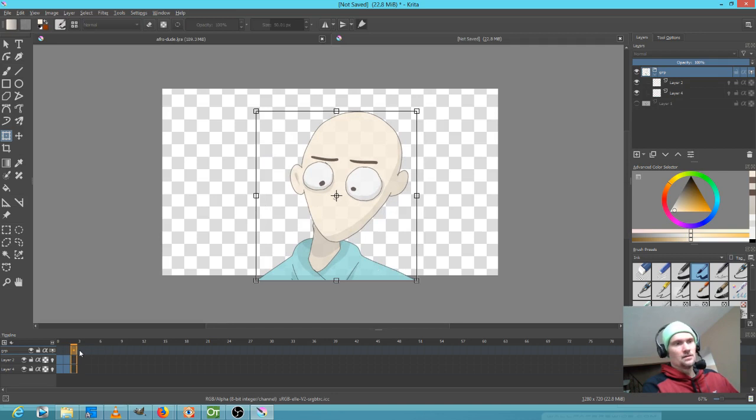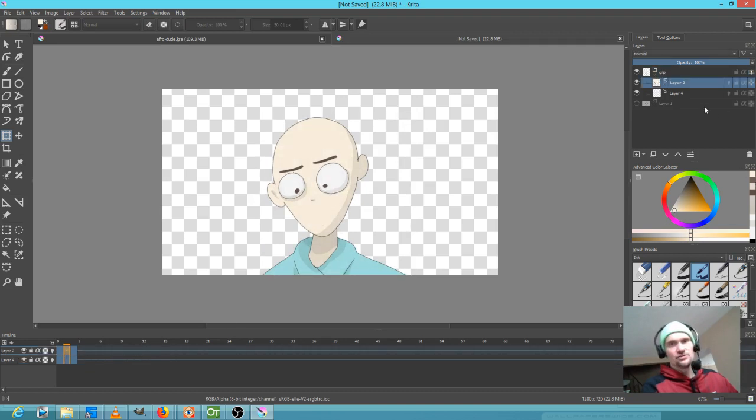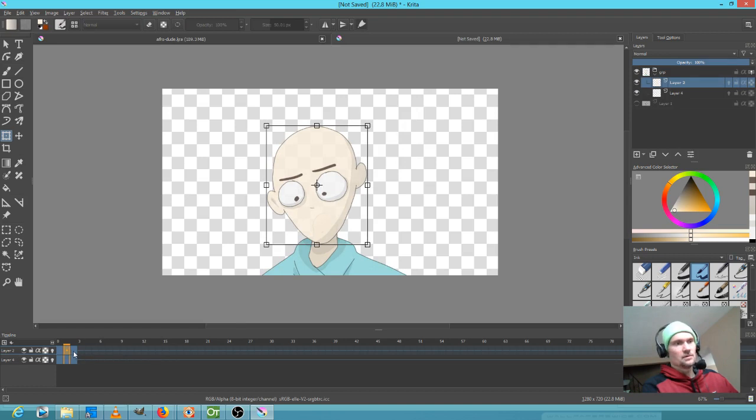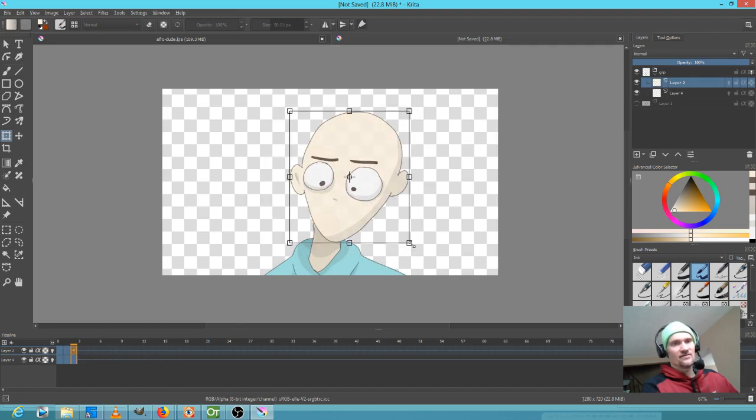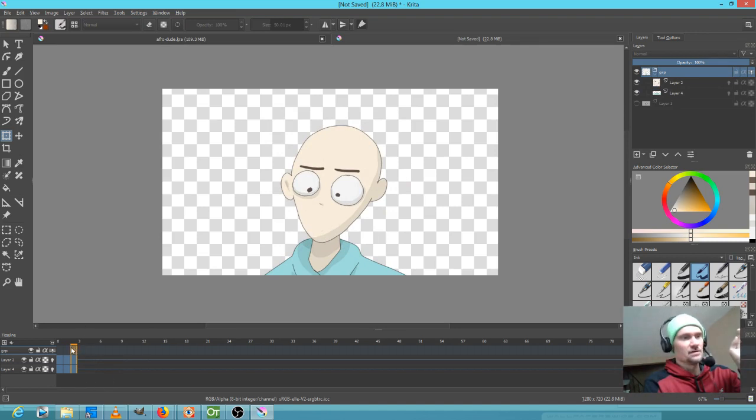Alright, so my undo didn't really work properly. Oops, sorry, that's not what I wanted to do. I want to go to layer 2 and make an adjustment. So I'm just compensating for the fact that I already had introduced some animation, and I think I didn't hit undo enough times. Okay, so now,